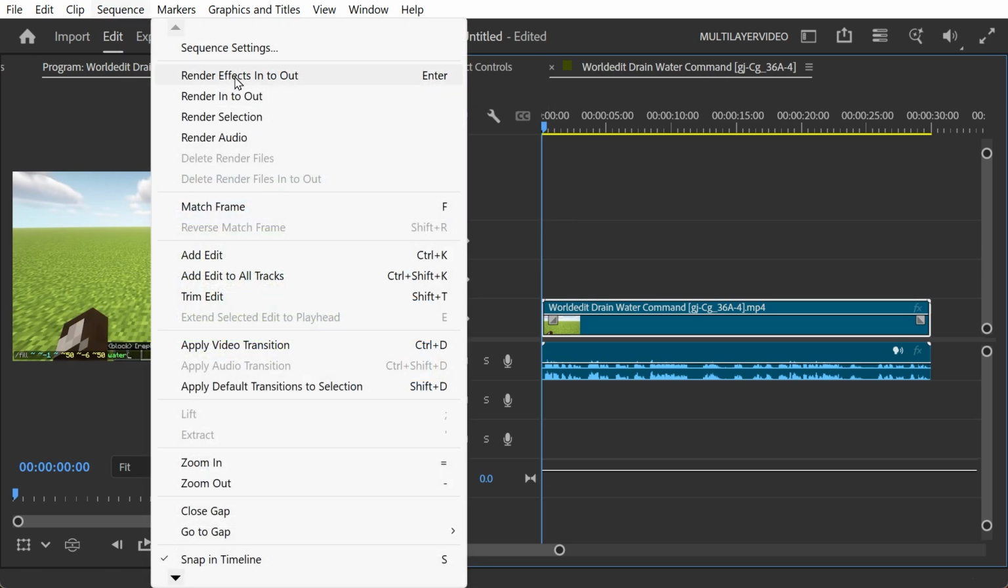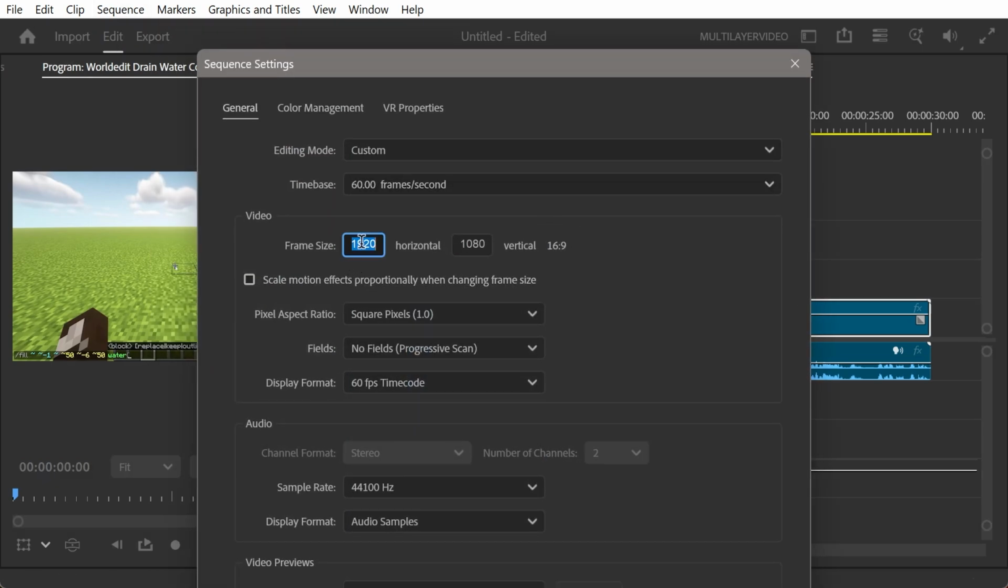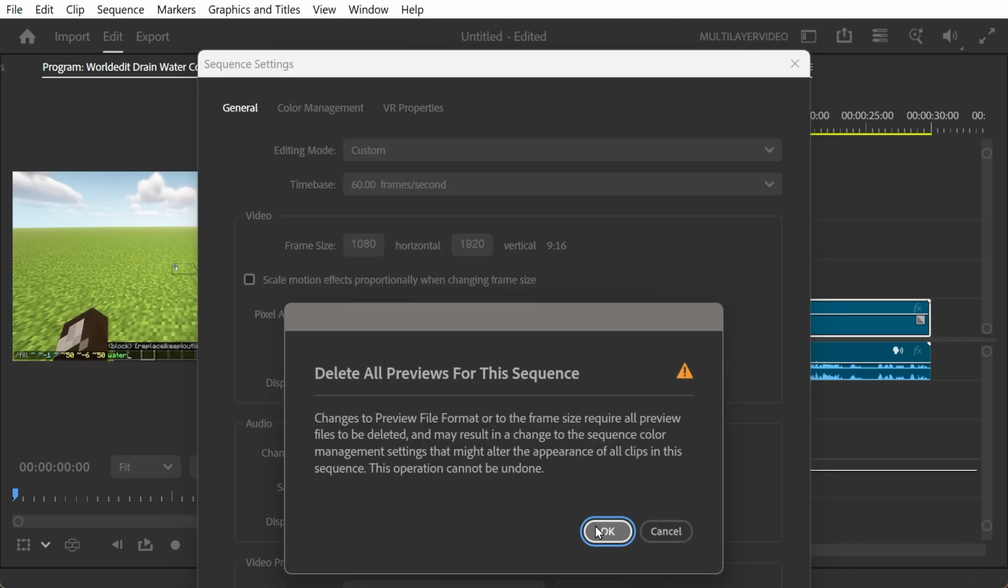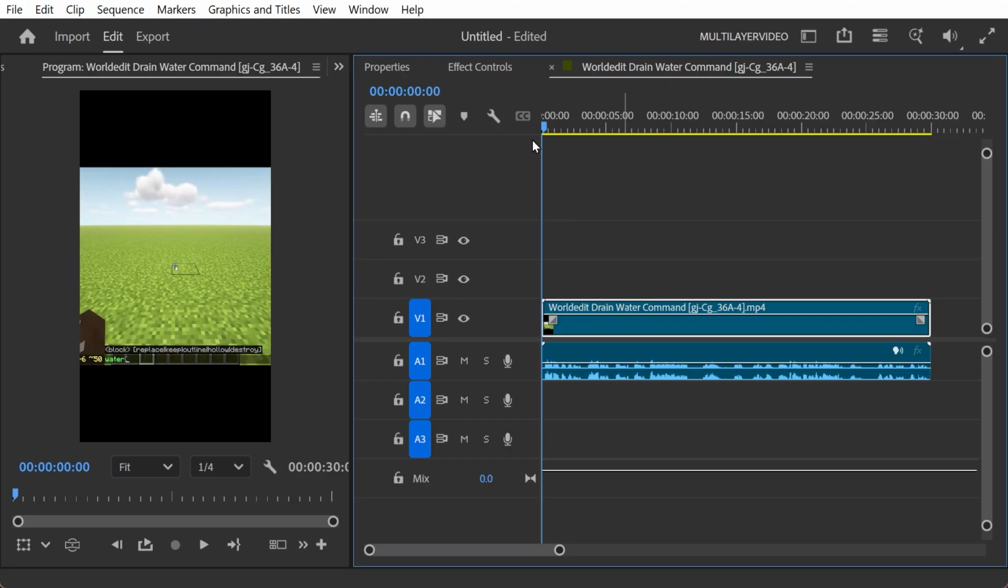Next thing I like to do here is go to sequence settings, and we're going to basically swap it around. Just press enter. Okay, so we've got the sequence here. Now next up, with the mobile frame, essentially you need to